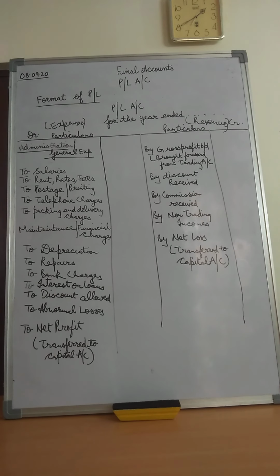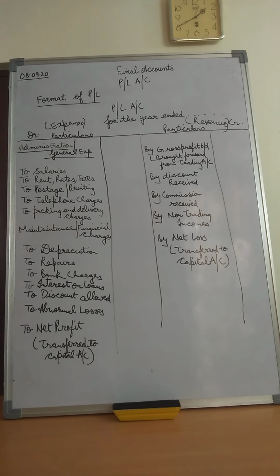We have the traveling expenses, we have the godown rent, any kind of advertisement expenses, all that is part of the P&L account, children. So in a nutshell, the P&L account debit side has all the indirect expenses, which are indirect in nature and are not part of the trading account. They become part of the P&L account.